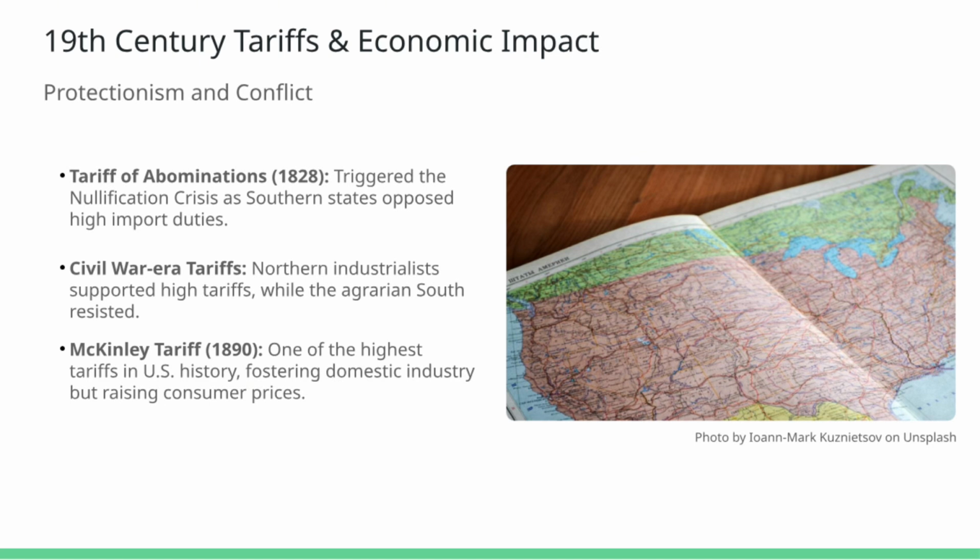The South relied heavily on imported goods, and these higher tariffs meant higher prices for everyday necessities. Southern leaders were outraged, with some even threatening to nullify the law, meaning they wouldn't enforce it within their states. This crisis became known as the Nullification Crisis, and it nearly led to a full-scale conflict between the federal government and South Carolina. It was only resolved when Congress passed a compromise tariff in 1833, but the debate over tariffs, and their role in the economy, was far from over.